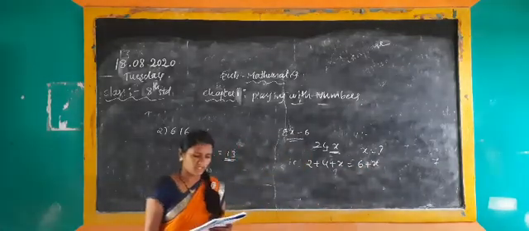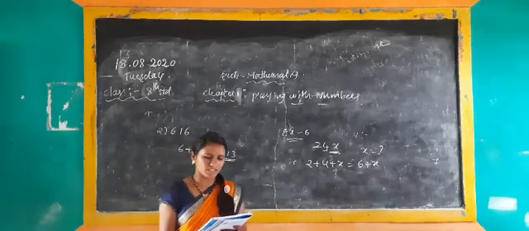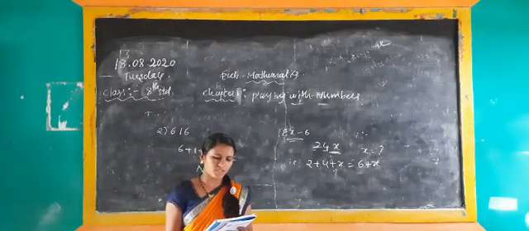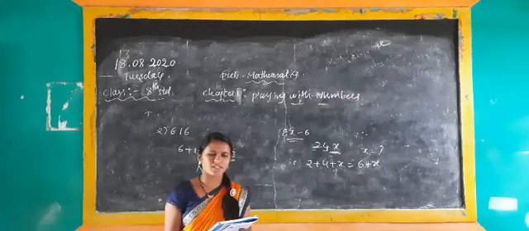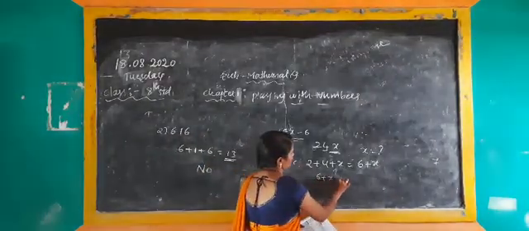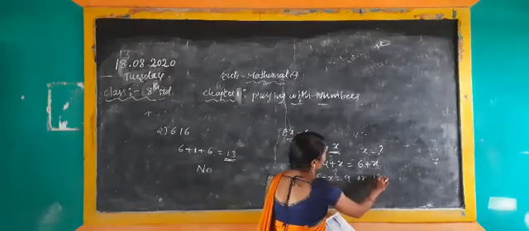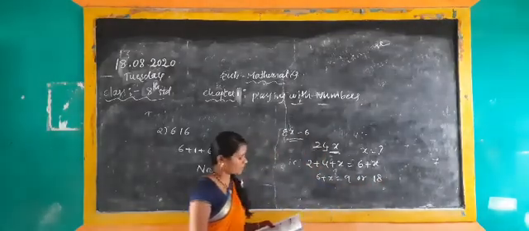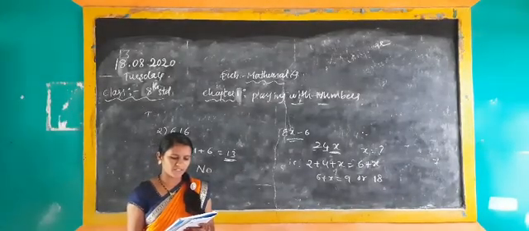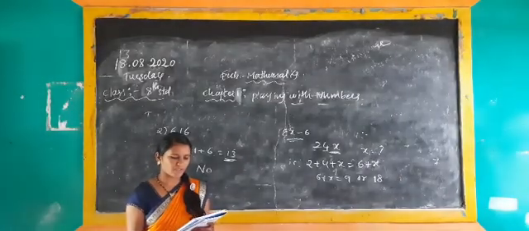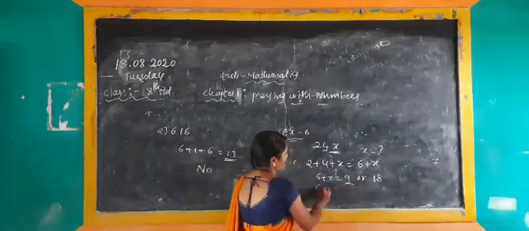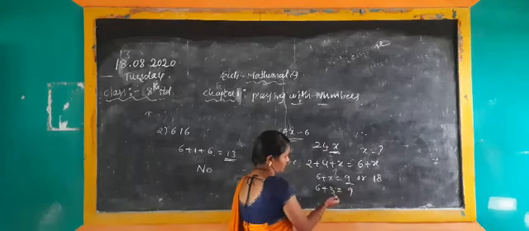Here they clearly gave that it should be divisible by 9. That is, 6 plus x should be divisible by 9. How is this possible? This is possible when 6 plus x is equal to 9 or 18. But x is a digit, therefore 6 plus x is equal to 9. Here, for the x value I need 9, so I will write 6 plus 3 is equal to 9.